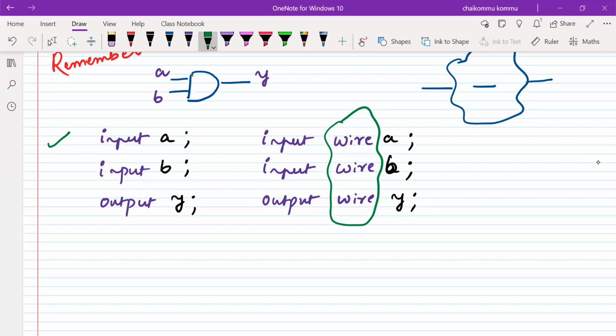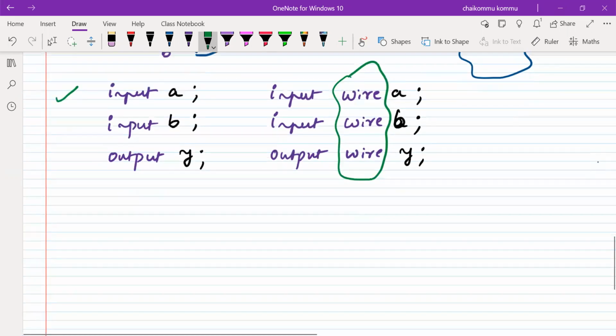Suppose output y, I want to write it as a register data type or variable data type. Then I have to use the variable data type information, one of the important variable types being register. Reg we have to write. For a simple combinational circuit, wire is more than sufficient, since we don't want to store any output value. Whereas for a flip-flop or some register element, the output needs to be stored, so the output must be in the variable data type. One of the variable data types is register, reg we have to write.